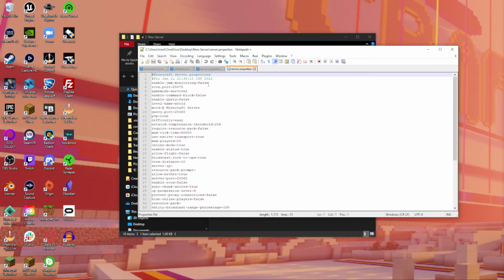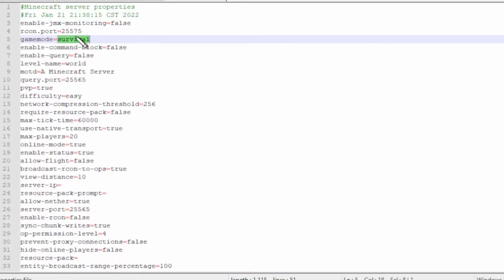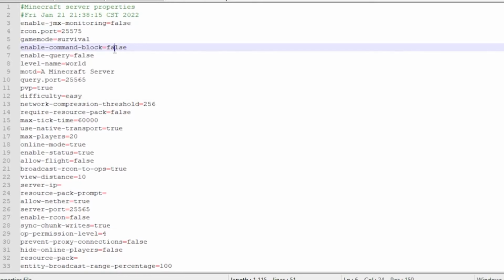So most of these you probably don't need to worry about unless you want to get really specific with your server. Game mode, that's your game mode. You can do survival, creative, or adventure. I am going to keep it at survival. Enable command blocks if you want to have command blocks on your server. Now usually with Minecraft servers, especially with Java, you don't really need command blocks, meaning that there's a bunch of